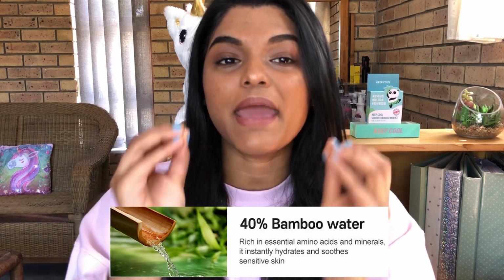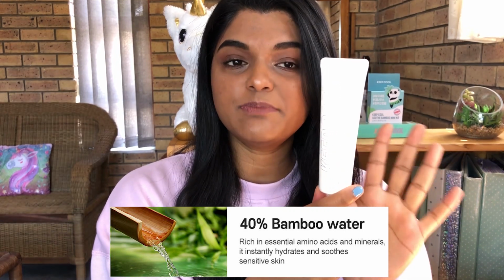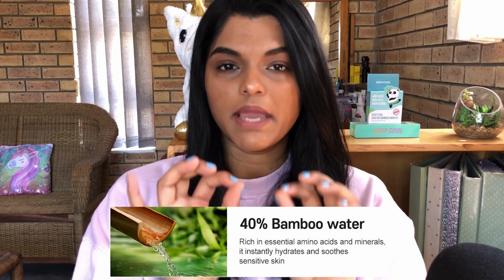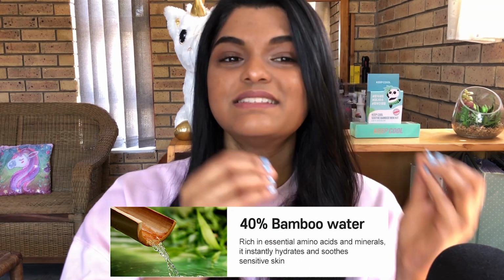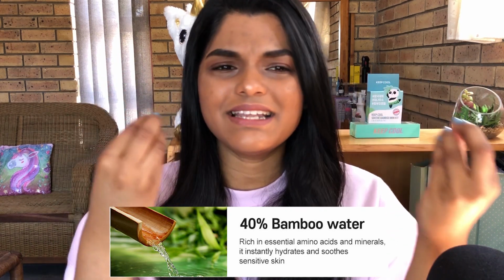Now, one of our main active ingredients, and really the selling point for this whole Keep Cool Soothe Bamboo range, is the bamboo water. The sunscreen specifically has 40% bamboo water. Now, what's so amazing about bamboo water is that it's packed full of amino acids and minerals. It's also a great antioxidant, and you know, antioxidants help with premature skin aging, fine lines and wrinkles,